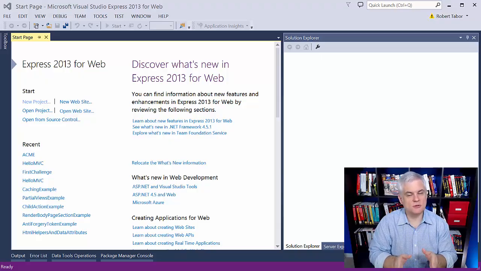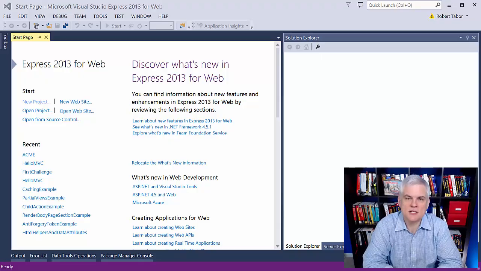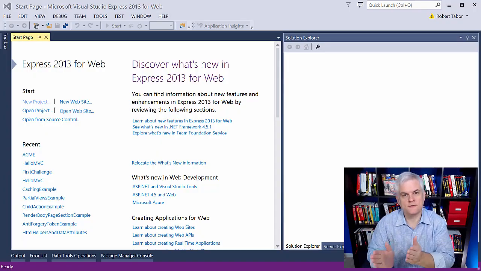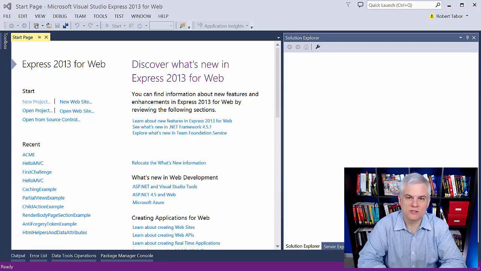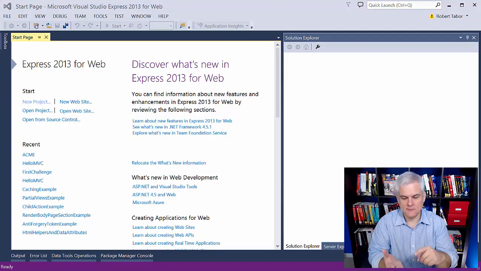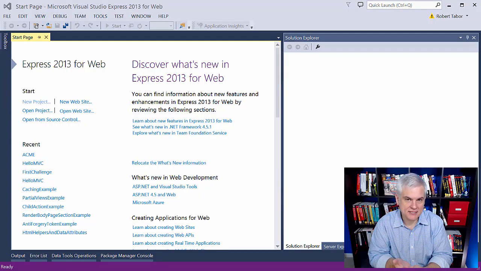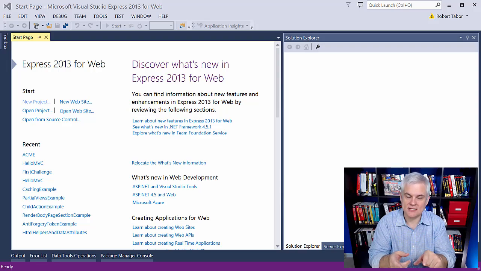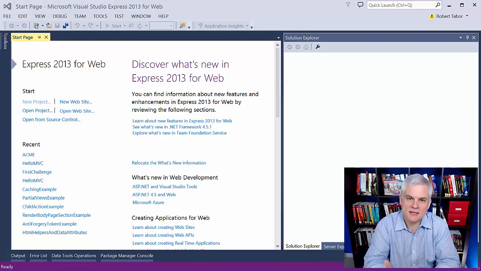Okay, it's time to move on to a new example. We'll create a new example in this lesson that will demonstrate the use of scaffolding in Visual Studio for our ASP.NET MVC applications. What we'll do is create a database, a table. We'll create an entity data model based on that table, and then we'll allow Visual Studio scaffolding to inspect that entity data model and then create a series of ASP.NET views and controller actions to give us full CRUD style